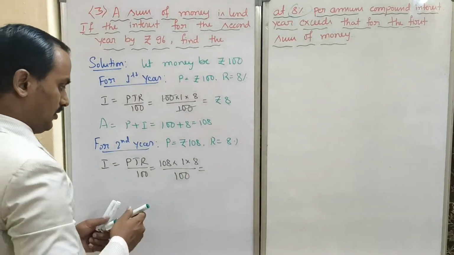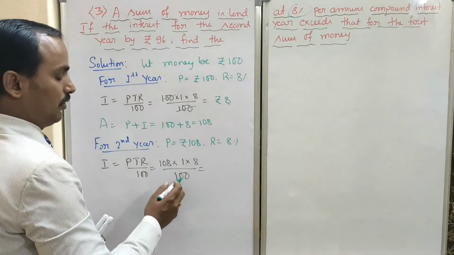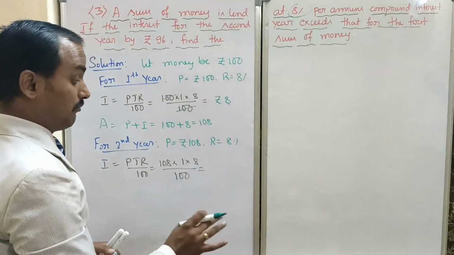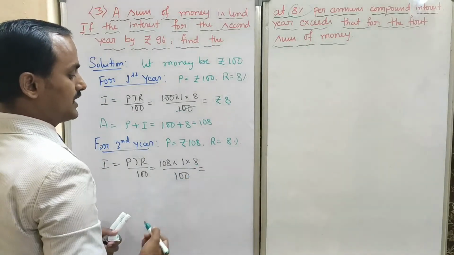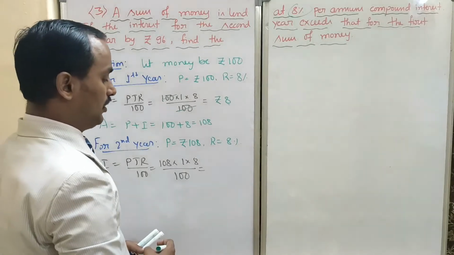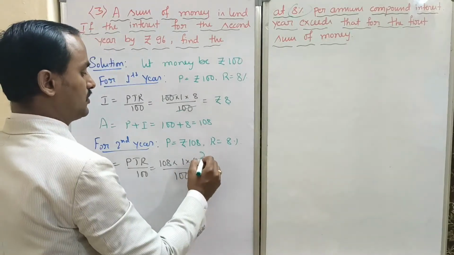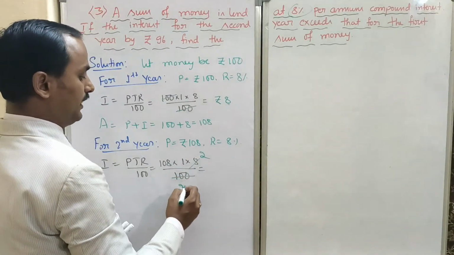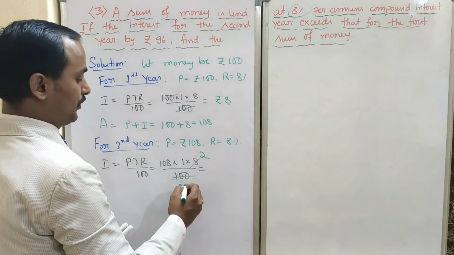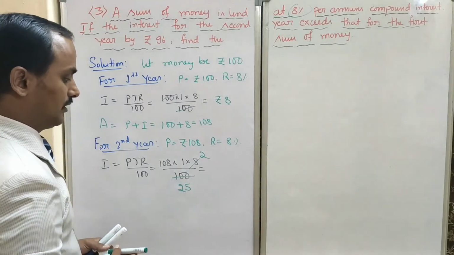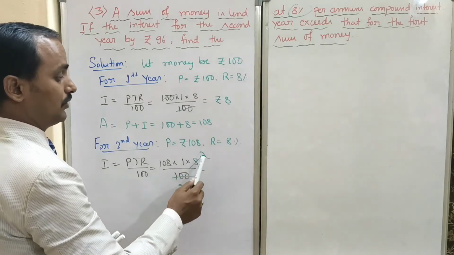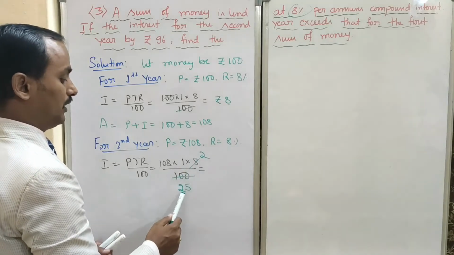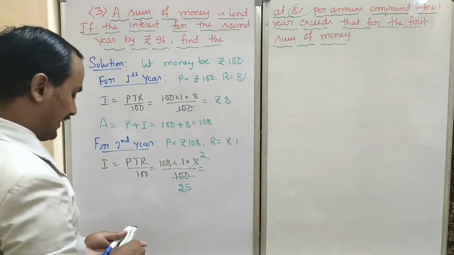Now look here, see, don't cancel the tens like this, it becomes wrong. The simplification is wrong. See, 8 and 100 are divisible by which number? 4 2s are 8, 4 25s are 100. So 8 and 100 are divisible by 4. Clear? Now what is the next step, dear children?